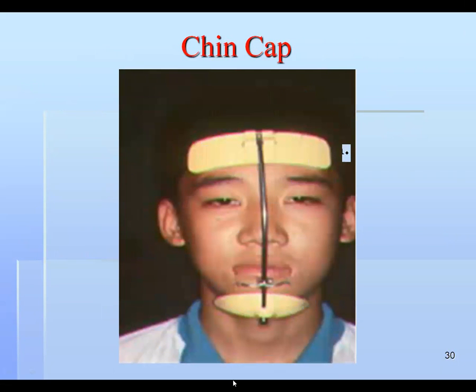Here we can see a chin cup, Petit type of face bow, which consists of chin cup, face bow, and